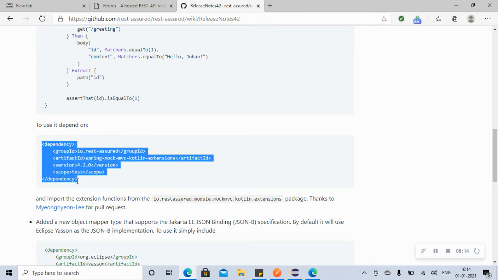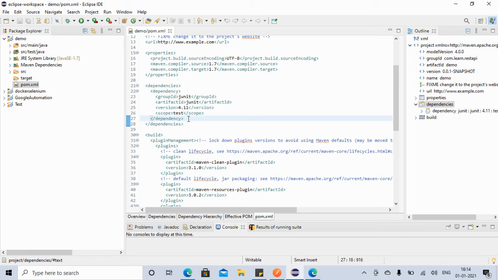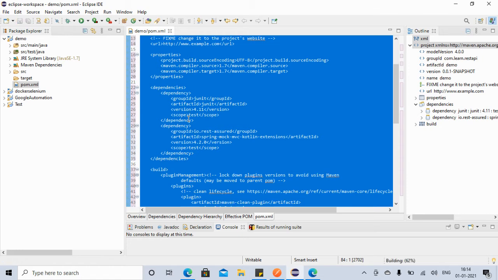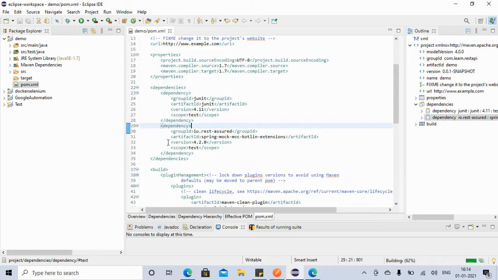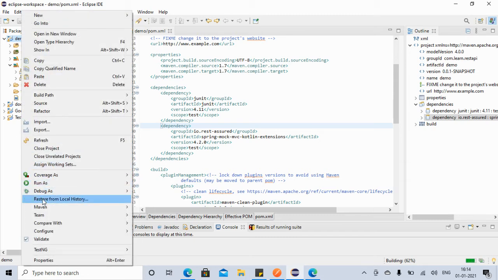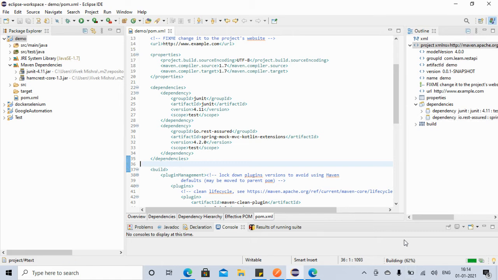Let's copy it here. So once you copy it and put it in your XML file below this, then just press Ctrl+A, Ctrl+I, Ctrl+S. Now what will happen is it will automatically download the dependency. If you go to the Maven dependency, you just refresh your project and it will do it. Actually, if you see here, it's building 62%, so it's downloading. It is one time only, it will not download every time. It is one time when you provide the dependency name, and once it is downloaded, it will be there.